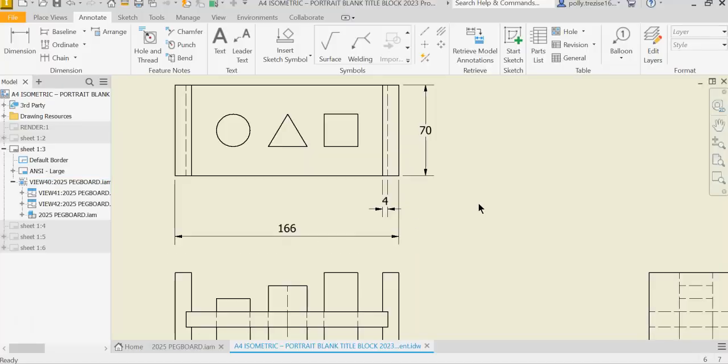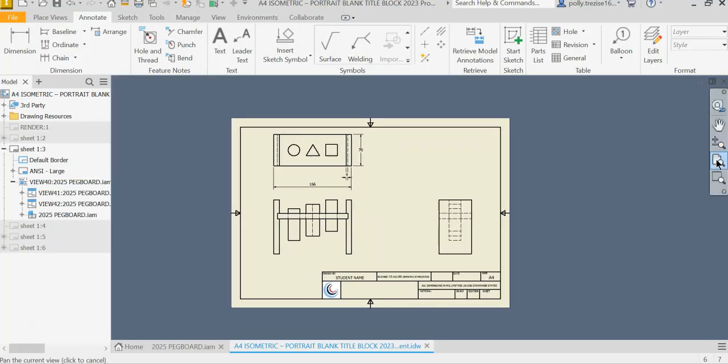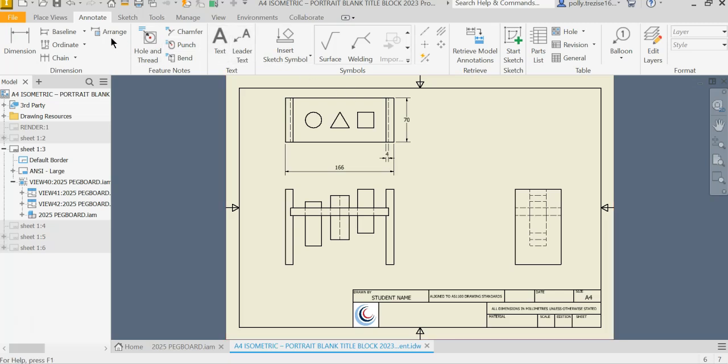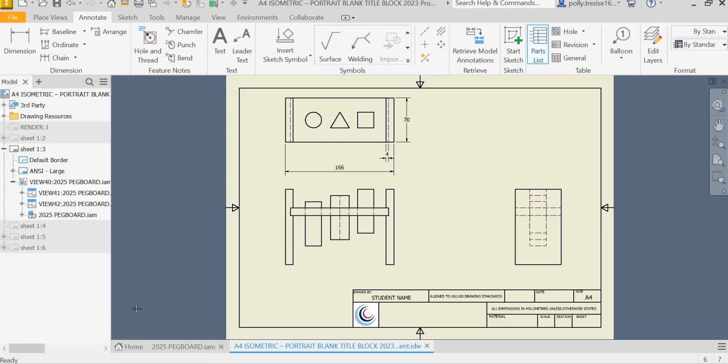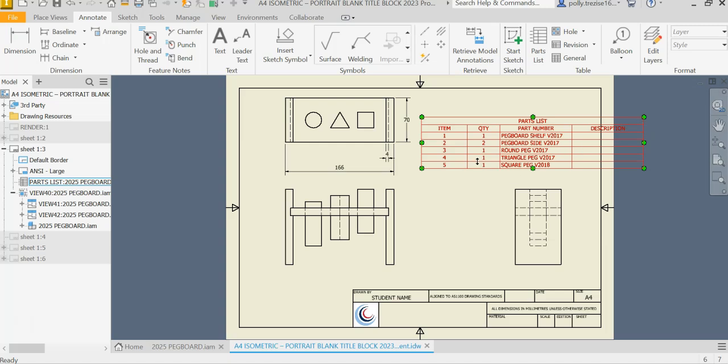Alright, putting a parts list on is quite simple. In the Annotate tab, you go Parts List, and down the bottom it wants us to select the view. So the view is the very first parent view, and then we'll say OK, and there is the parts list. I'm not going to let it click into the border. I'm just going to click it over here for a second, and we can change the size of some of these columns,